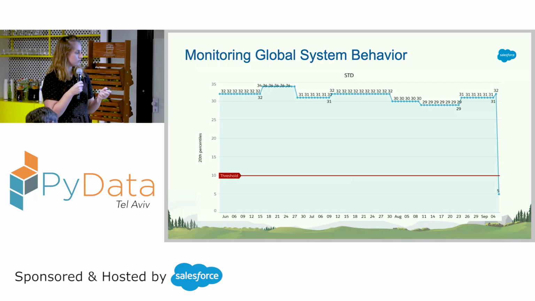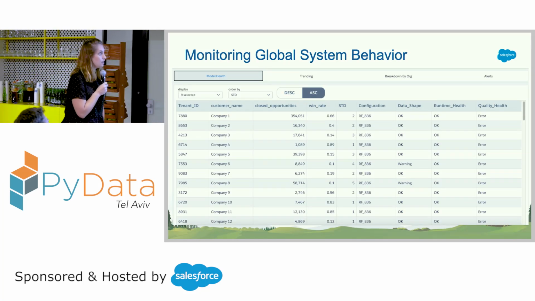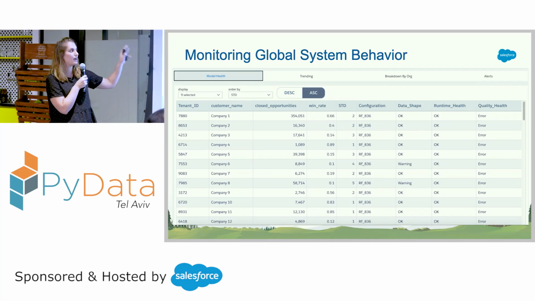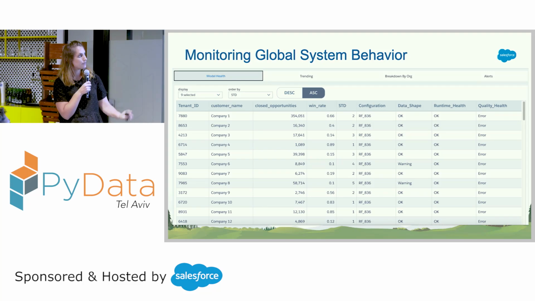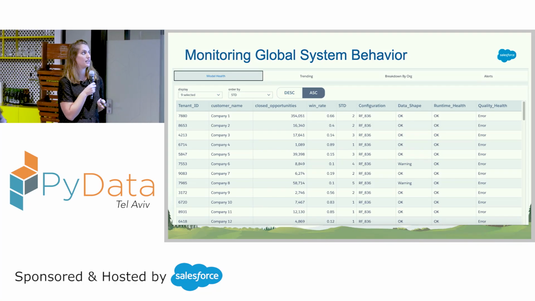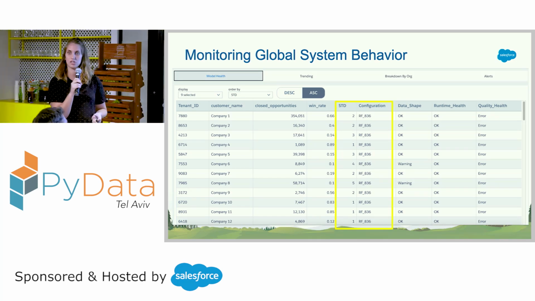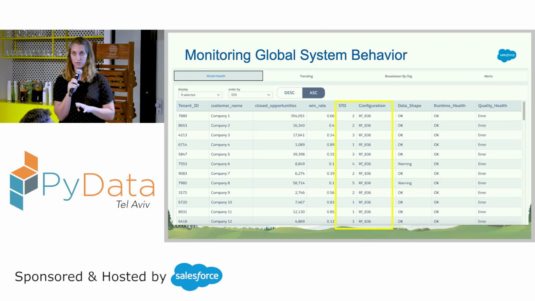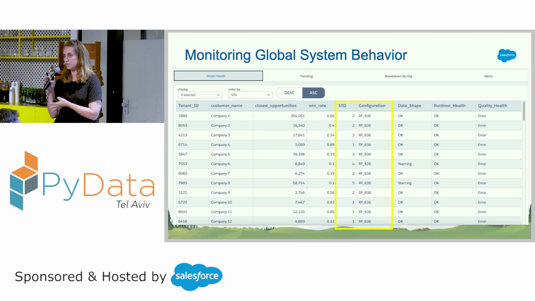We can just continue and use our dashboard and go back to the model health tab and look at the table that gives us all the data regarding the customers, for all the customers in our system. Here we're filtering only on the customer with the STD problem, and we can see that all of them share the same configuration. Configuration in our model is the hyperparameter that's chosen for the AI model, the machine learning